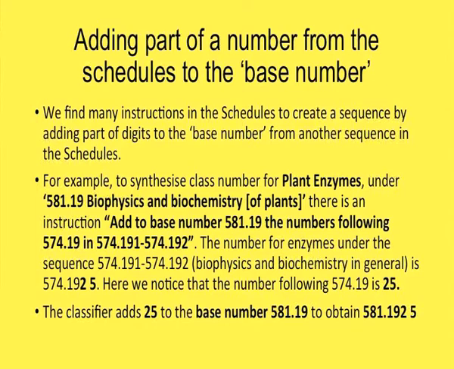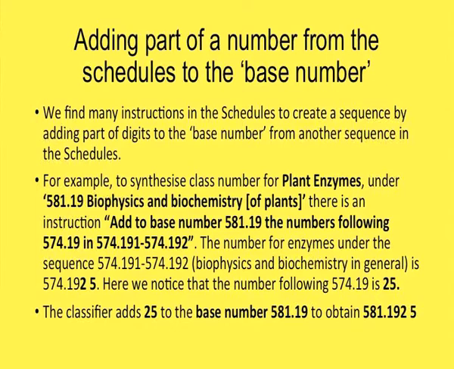This is the common basic subject. There is an instruction under this that we can add to this base number 581.19 any number following 574.19 in 574.191 to 574.192. So, this is a sequence of numbers, 574.191 to 574.192. We can take any number from this sequence and we can add the number following 574.19 to the base